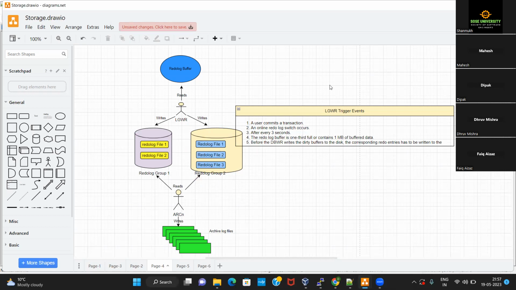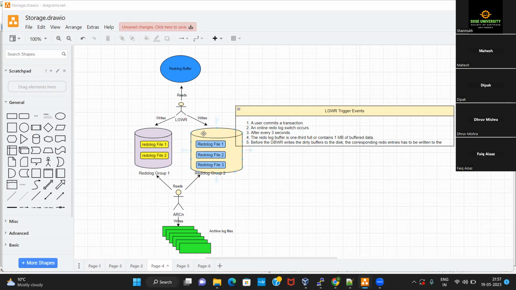Okay. So what LGWR does is, it writes those redo entries into the redo log files present inside the redo log group, and at any given point in time you need to have at least two redo log groups. Why does the Oracle documentation say that you must have at least two redo log groups?